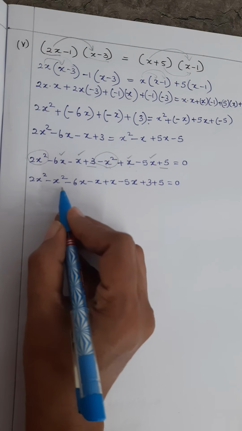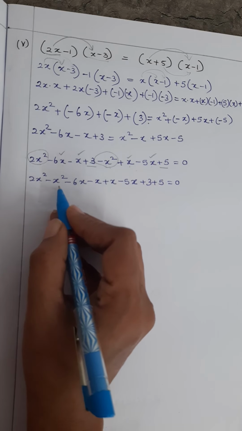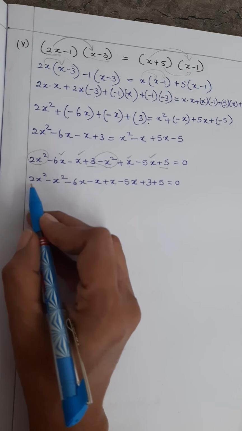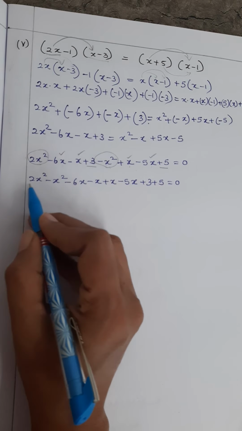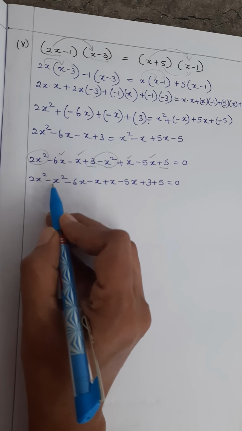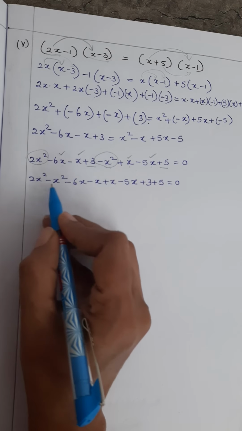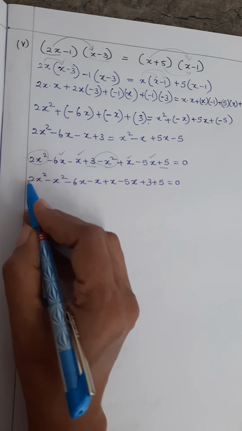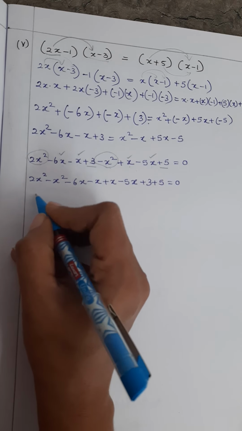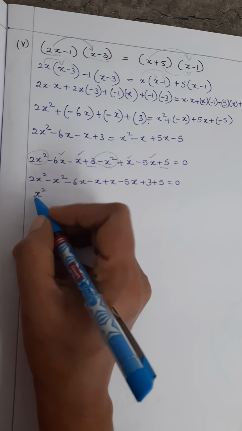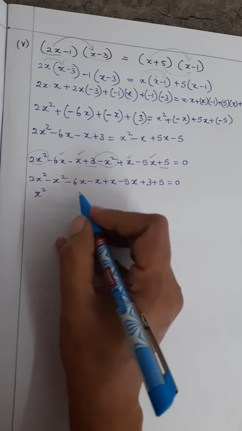Now see, these two are like terms. So what is 2x square minus x square? 2x square minus x square is, see, this is plus and this is minus. Okay, so we should subtract. So 2 minus what? If you don't have any number, what does it mean? It is 1. Okay, so what is 2 minus 1? 1. Take the sign of the bigger number. Which is the bigger number? 2. So it is plus 1. So it becomes plus 1 x square. 1 usually we don't write. Okay, if you want you can write. There is nothing wrong in that.